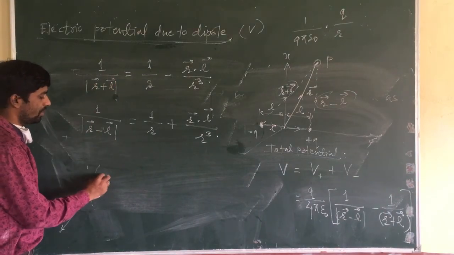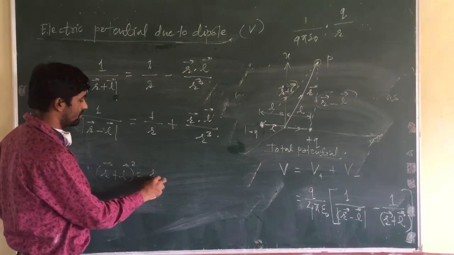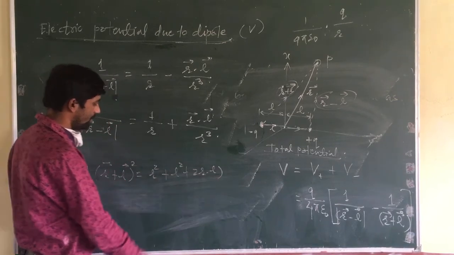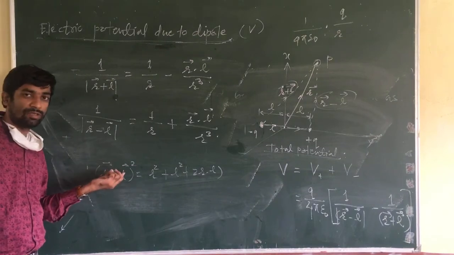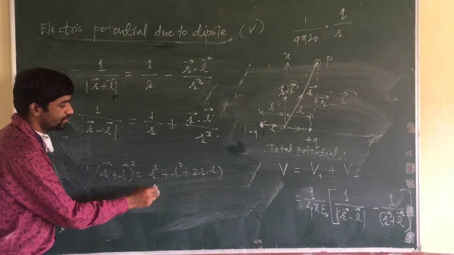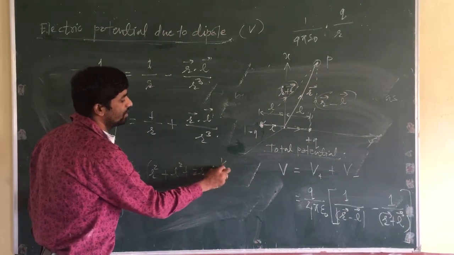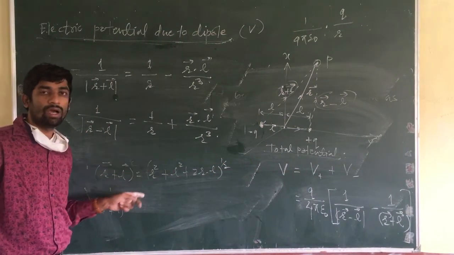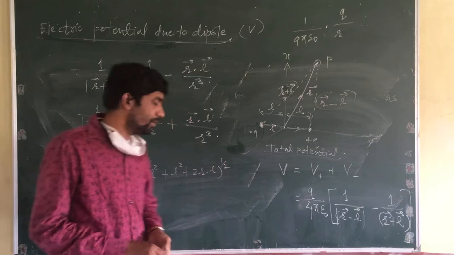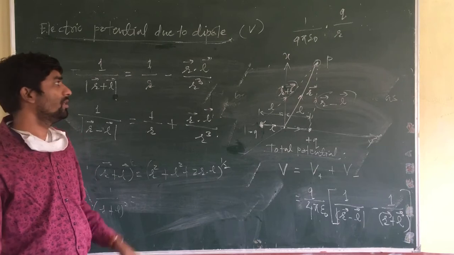That means if you solve the square of R plus L vector, this will be R square plus L square plus twice R dot L, okay. Then you have to take their reciprocal, 1 upon R plus L, then square, then this will be equal to this. Then 1 upon RL will be 1 by 2 because you have to take the under root. Then you have to solve it, and take 1 by R outside. So if you do all this mathematical operation, you will get the simplification.